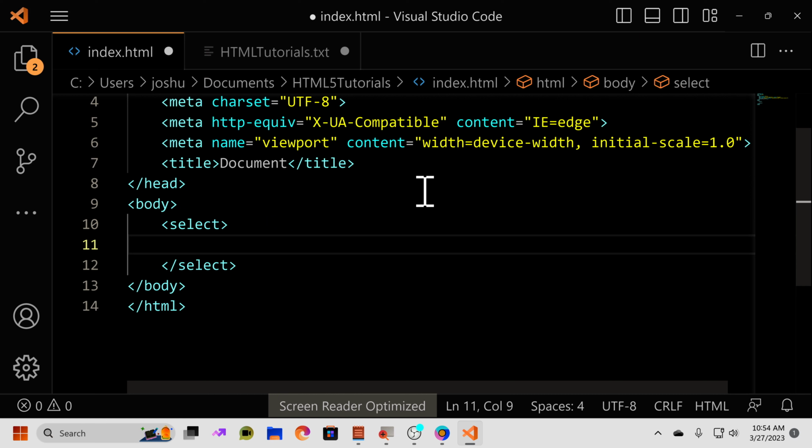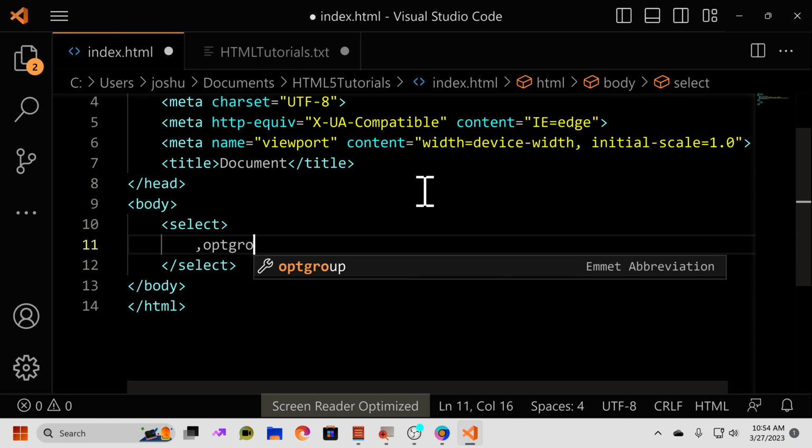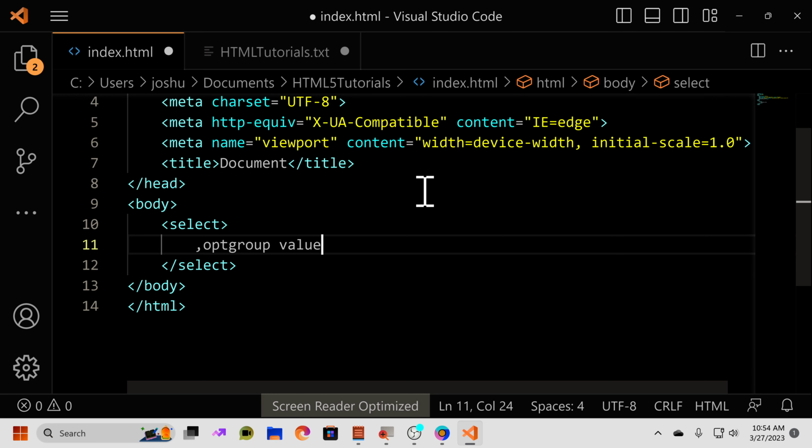And then for our different groups of options, we need less than opt group. And this needs a value property or attribute. So value equals